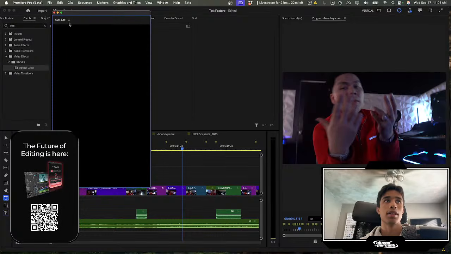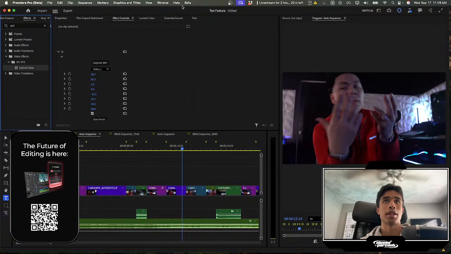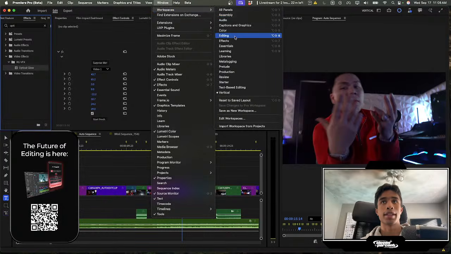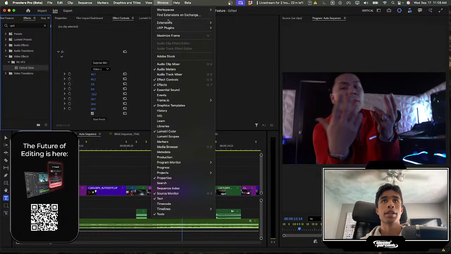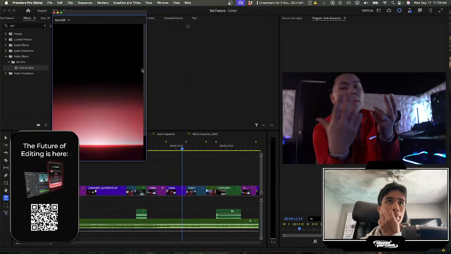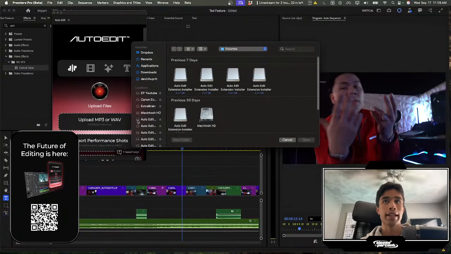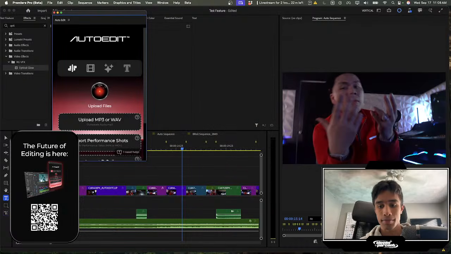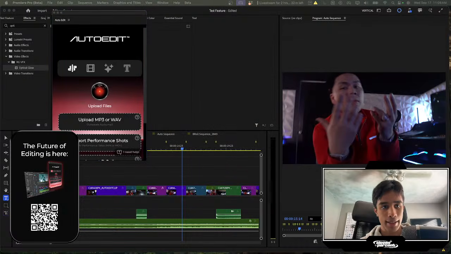That's how it works. Oh, maybe it is because I did just drag and drop it. So as you see, do not drag and drop it. It will crash it. But you just go to Window, Extensions, AutoEdit, and it just reopens. So I hit upload, and then I go over here and I hit music file, and then